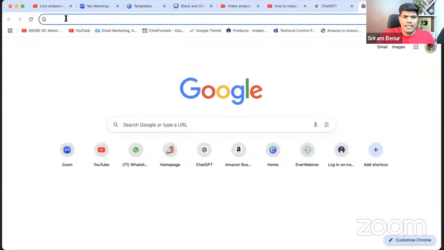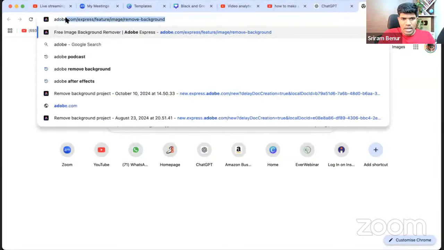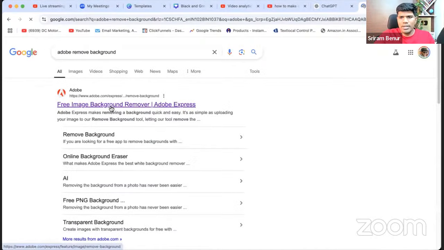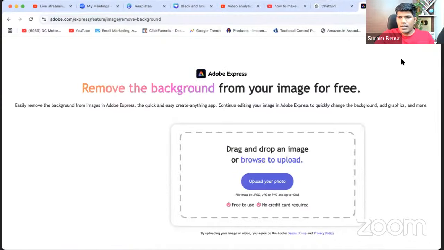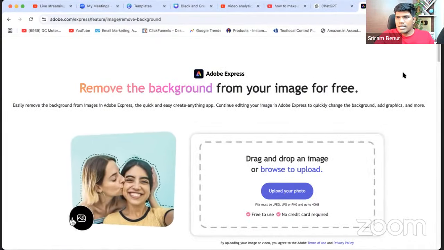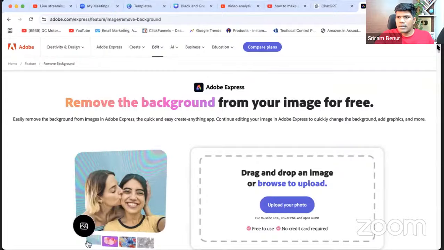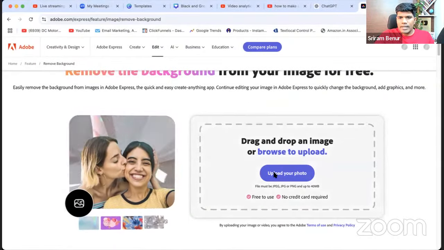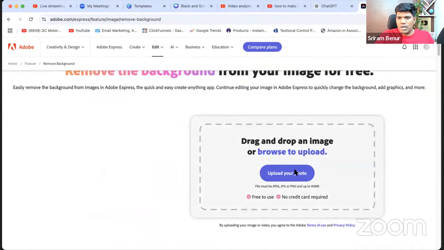I'm going to go to the Chrome browser here and search Adobe remove background. I'll go here. Let me see if I have signed in. If not, it will ask me to sign in again. It says drag and drop an image or upload.